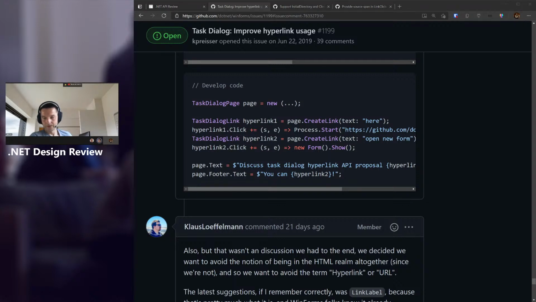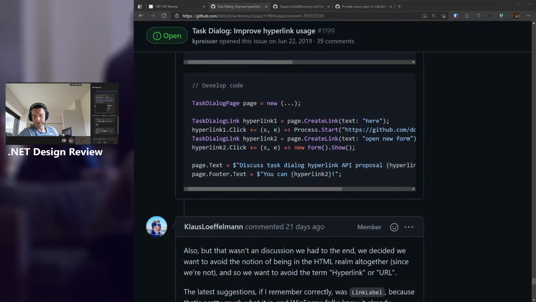So I just posted in the chat what I was basically thinking. You would have, for example, on task dialog page, a static format method that takes a string, the visible text, and the ID. Using that, you could put however many you wanted, because that's logically similar to what was already proposed, which is click me link, where me link is a task dialog link.